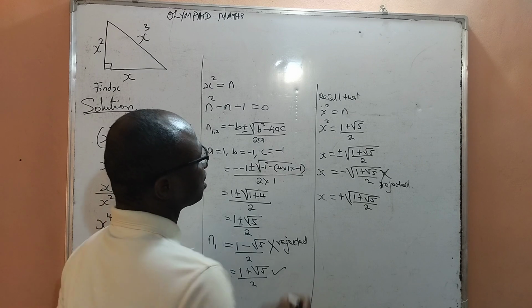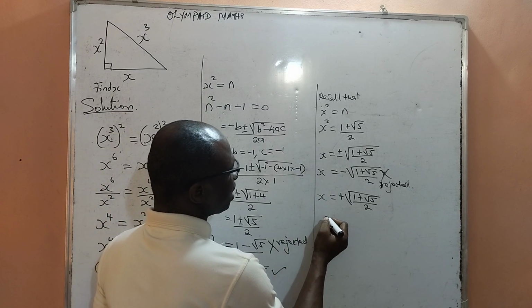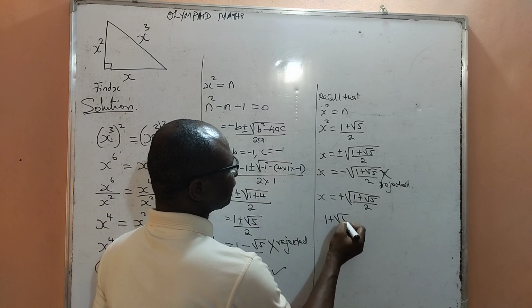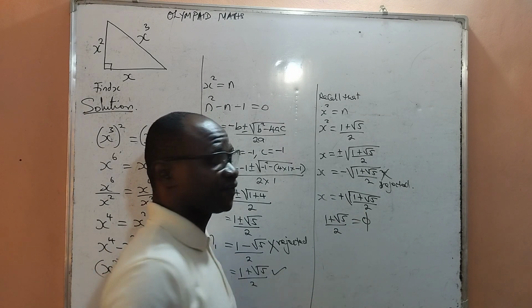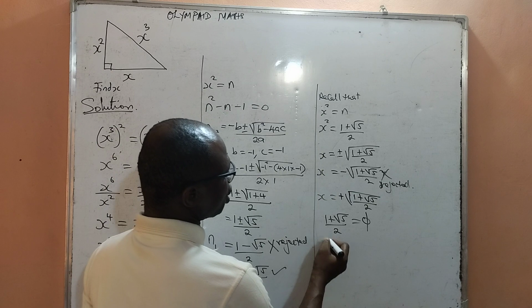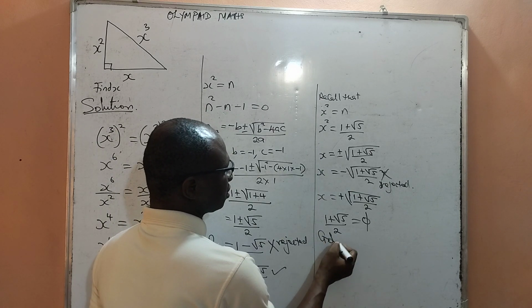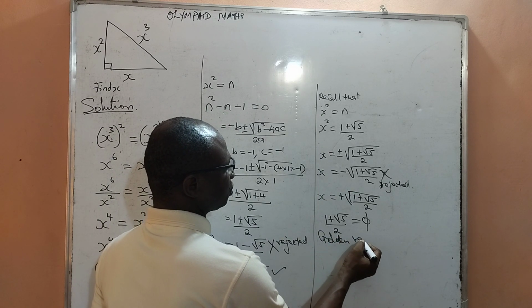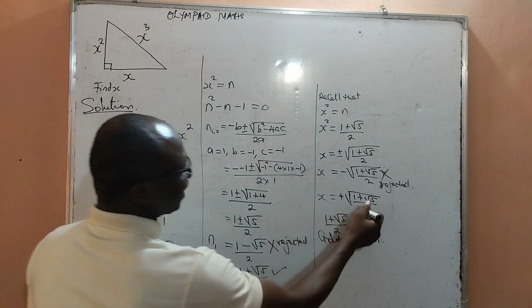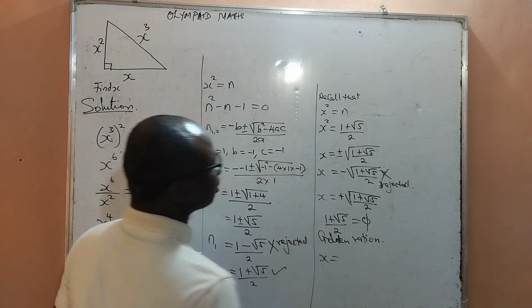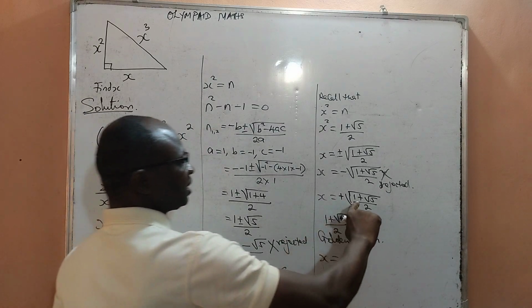But note that 1 plus root 5 all over 2 is always represented as phi, and it is called the golden ratio. In conclusion, the value of x is equal to exactly this,